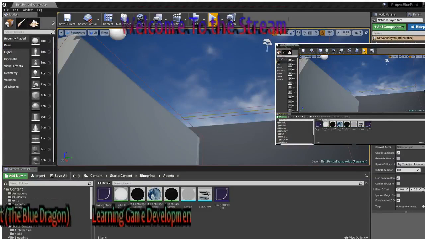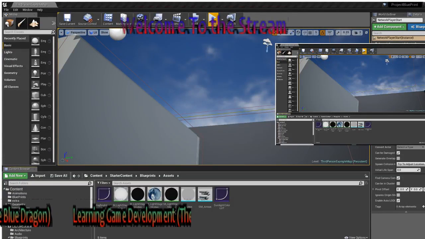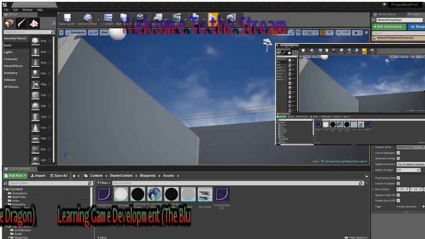Adding a save system, so you can actually save the data onto a file, onto your computer, and then you will be able to load it up in a different world. So we can actually go load in